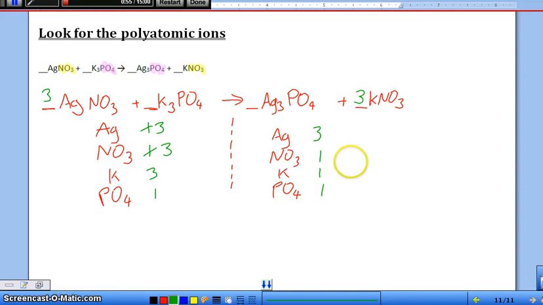Now we count again. So now how many potassiums do we have? We had 1. We've now got 3 times as many. So we've got 3 potassiums and 3 NO3s. So now it's balanced. Before you go off and do your own,